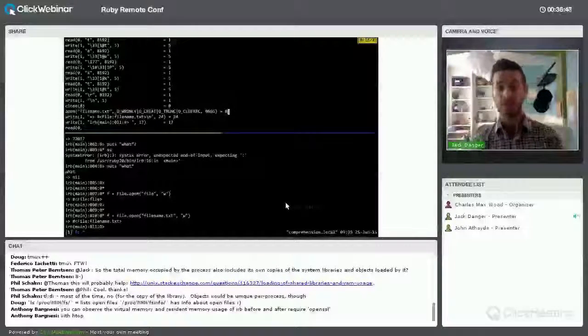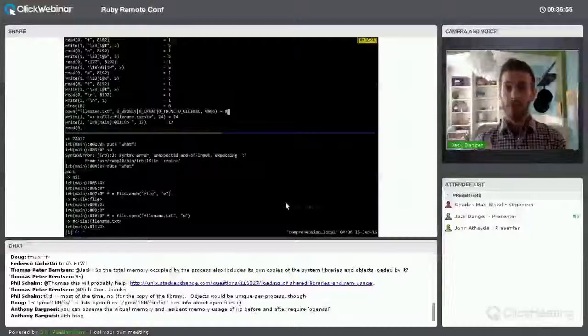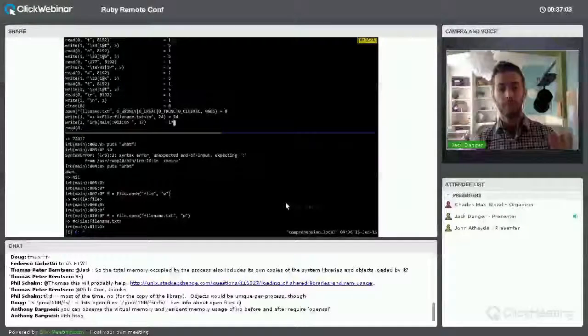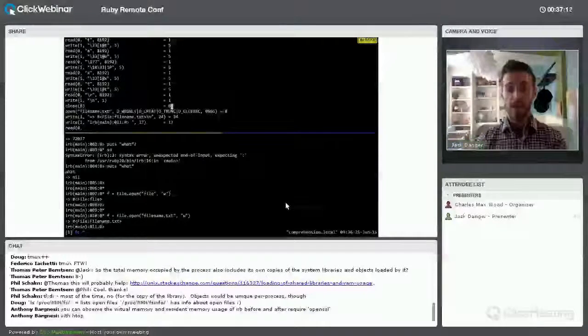There's an equals. That's the result of the system call, the return value, if you will, which is a file descriptor. It's an integer file descriptor. That is now the thing that we're going to be using to read and write to this file. So if you're straceing a Rails app and it says open filename.txt 8, you can expect later on, with some other stuff mixed in, there's going to be